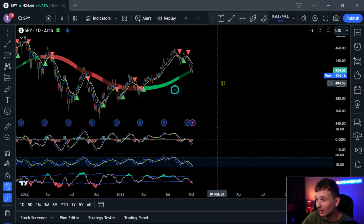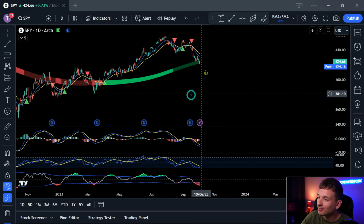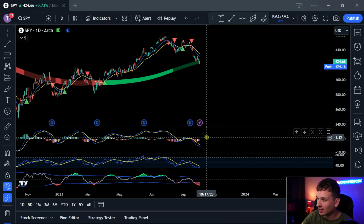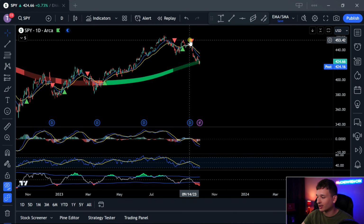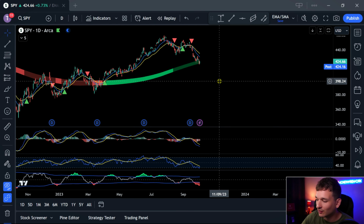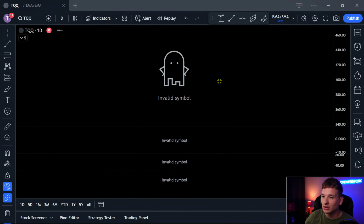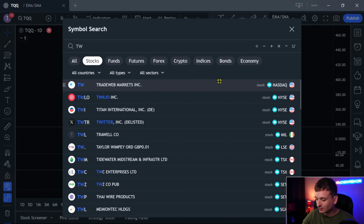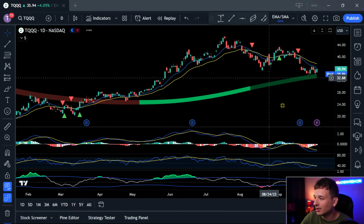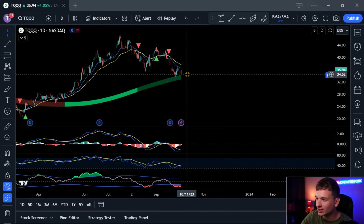Maybe, we don't know, and it's exciting to find out, because if this does bounce and we get another green triangle, because right now we're on a red triangle, we get another green triangle, that's going to be an entry position for the S&P 500, which, if you are paying attention to the TQQQs, that could be an awesome buying opportunity, because let's just say it bounced,